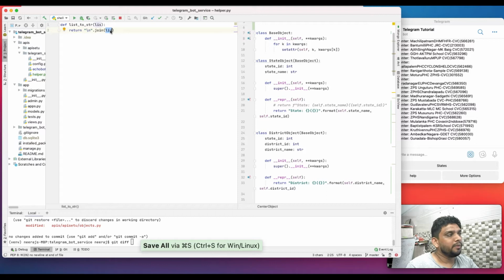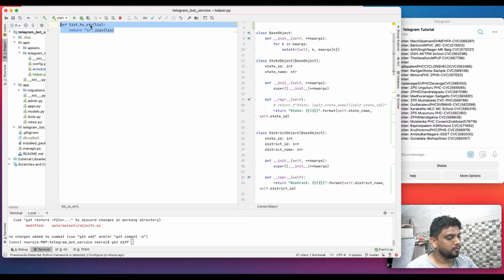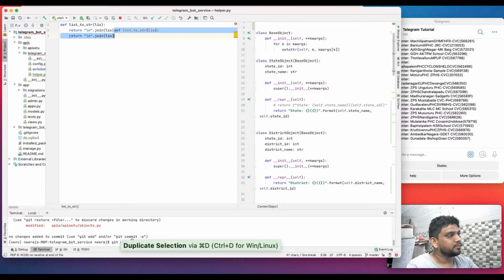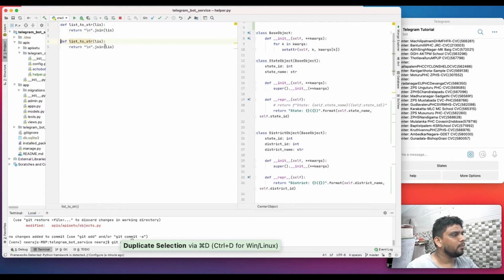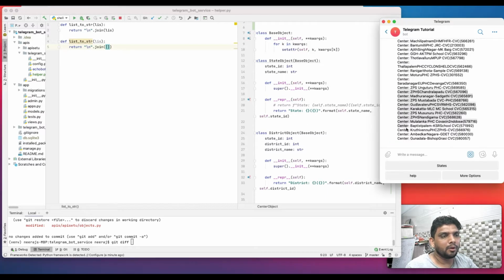It is going to return the list separated by new lines, and then we can also beautify this by adding an enumerator. Let's add numbering, a serial number, to all of this.